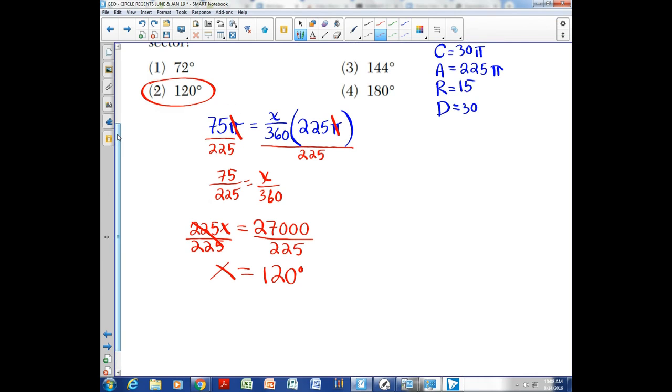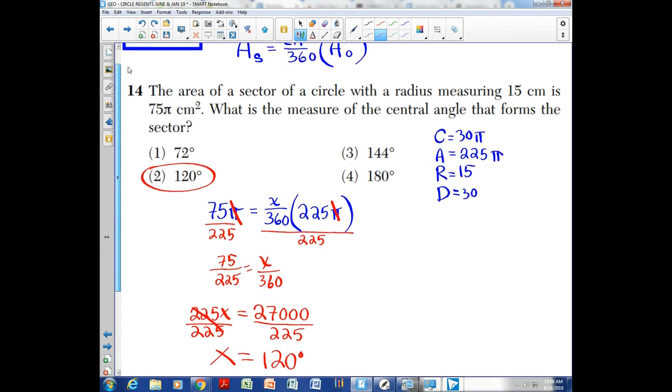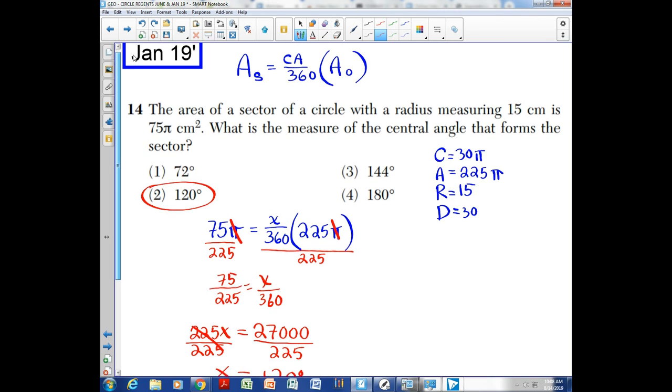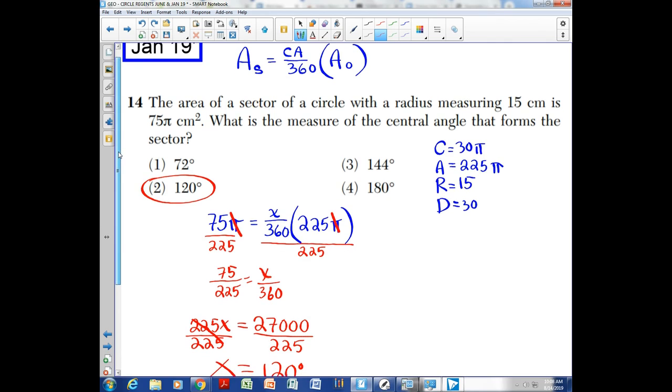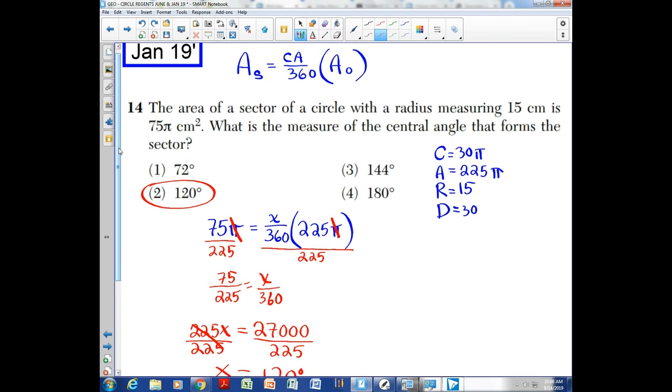120 degrees, quiz answer number 2. Now, I just want to talk about this a little bit more, just because I know that some of you might do this in a slightly different manner. One thing that some of you are already doing is, once you know the area of the whole entire circle and you have the area of the sector, we can just take the area of the whole entire circle, which is